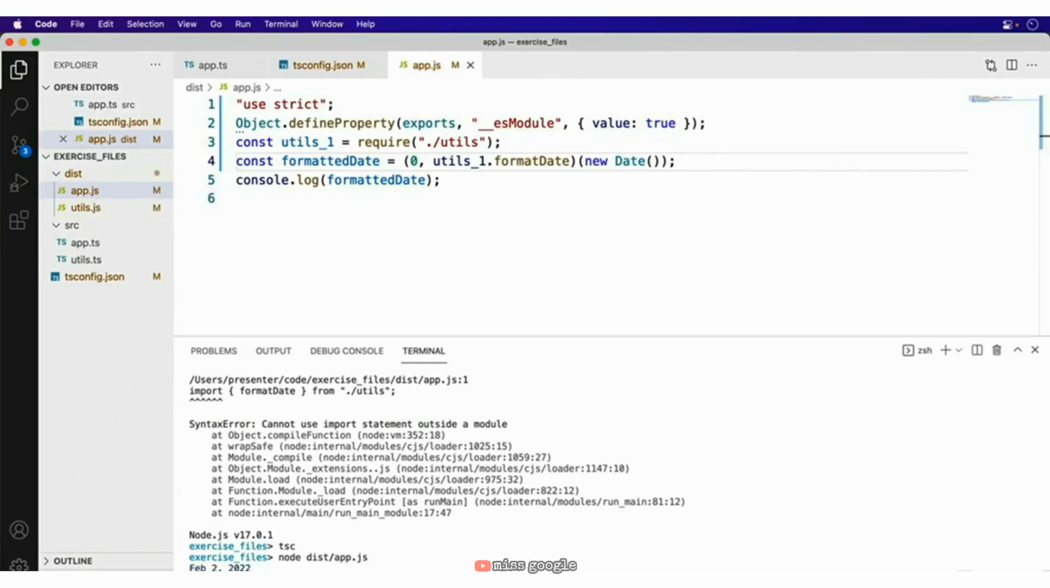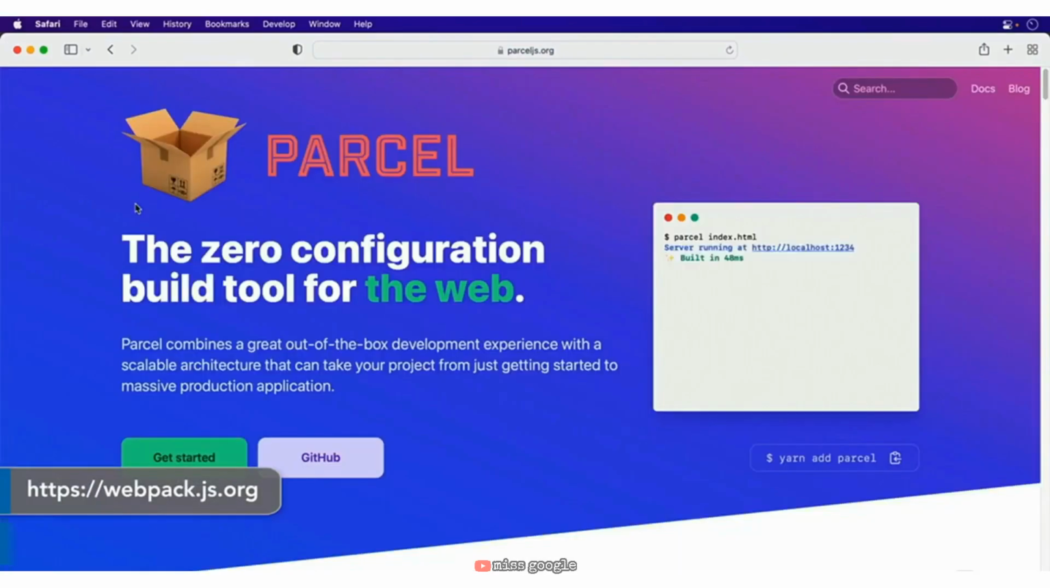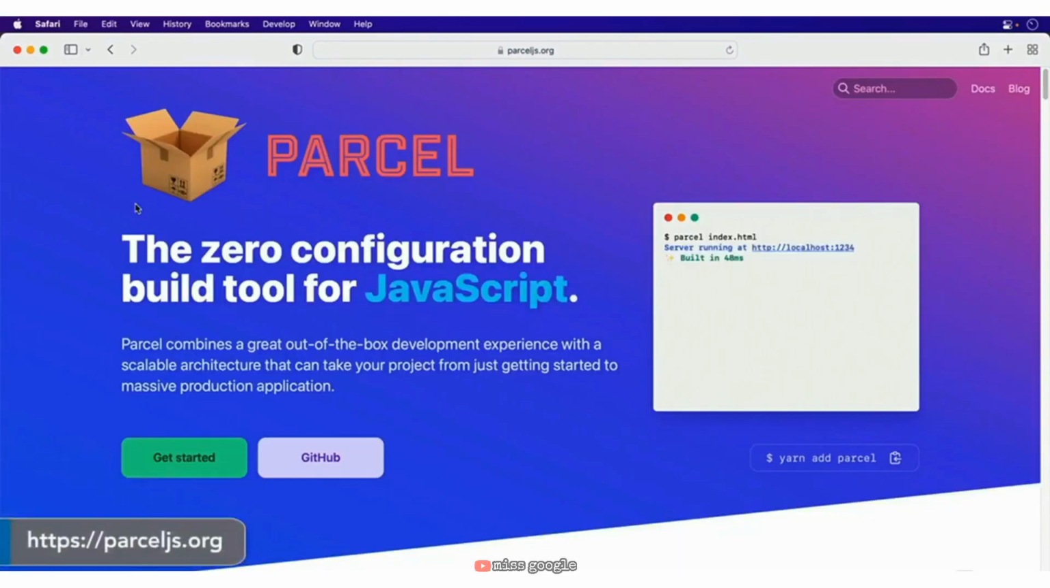Sadly, compiling for web applications is not so straightforward. While it is true that modern web browsers do have the capability to understand and load module-based code, it's not something I ever use in practice. For module code that runs in the browser, I highly recommend that you use a separate bundling and minification tool, such as the wildly popular Webpack or the low configuration Parcel tool. In addition to understanding modules, these tools will also help optimize your code